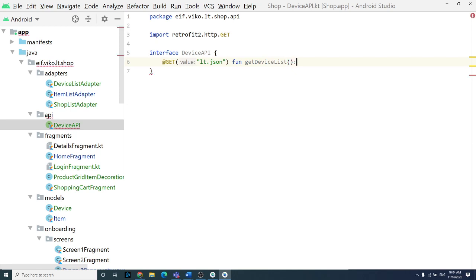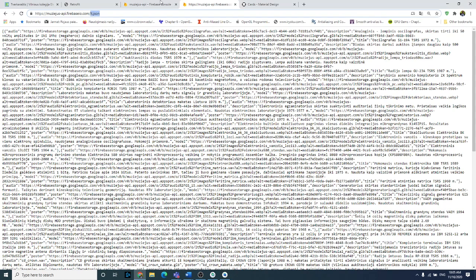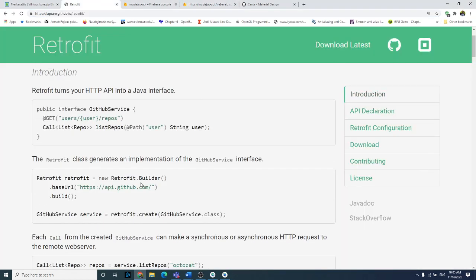And this function should return our Call. Why do we need Call? Because we have the network call, and we need to call it synchronously or asynchronously, sync or async call. For that reason, you need to return the Call, like calling, not blocking your main thread. You need to call synchronous or asynchronous. For that reason, using our Retrofit library,